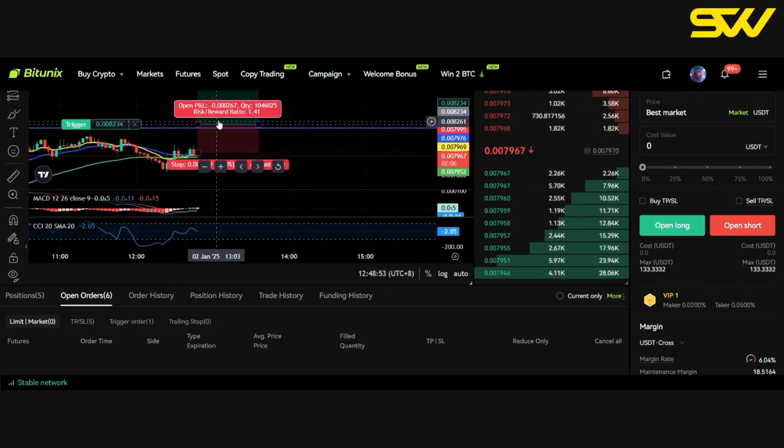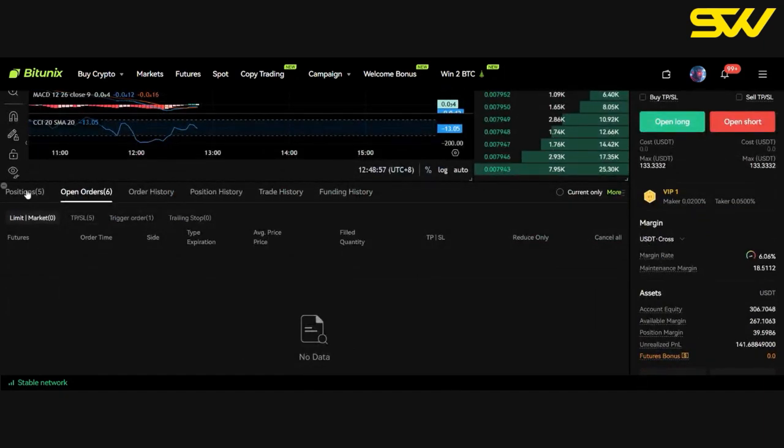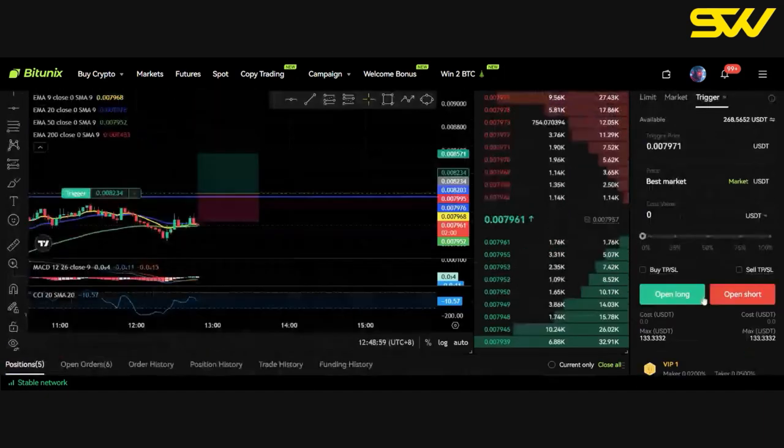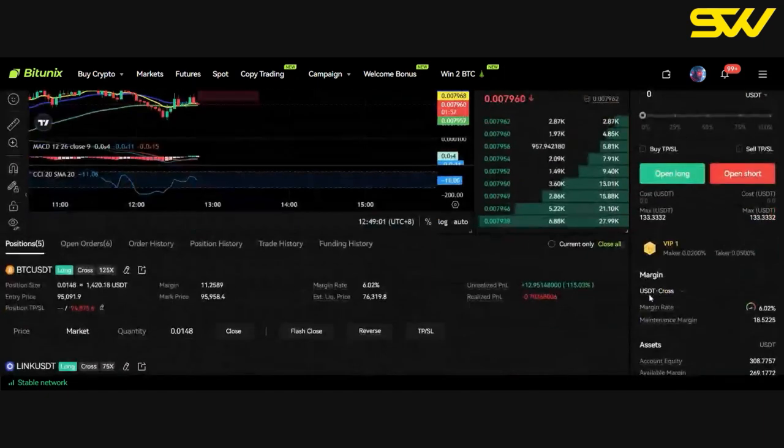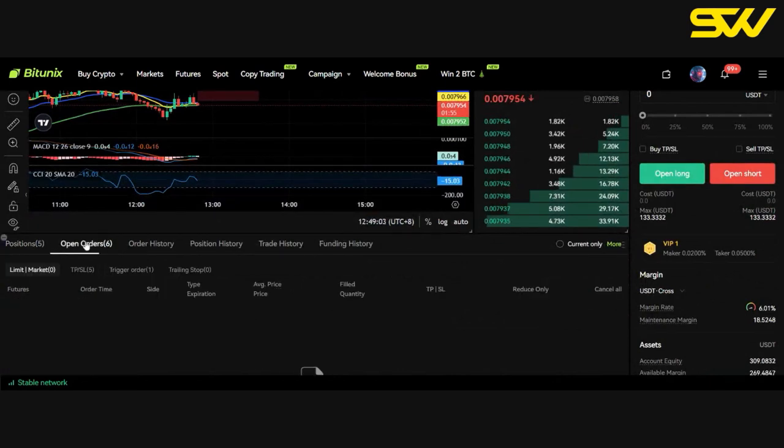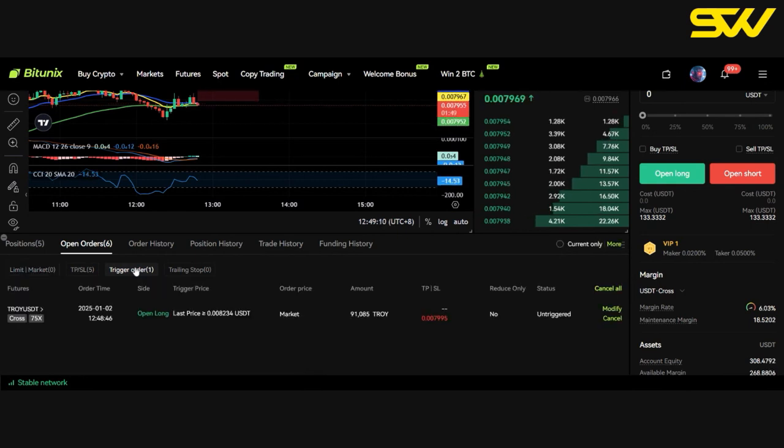If the price goes all the way up and triggers the trade, then it will appear on my list of positions. Okay, if it doesn't trigger the trade, it will still be here. And also right here on open orders, instead of appearing under limit trade, it's going to appear here under trigger order. So when you click on trigger order, this is going to be your order, in which, let's say,